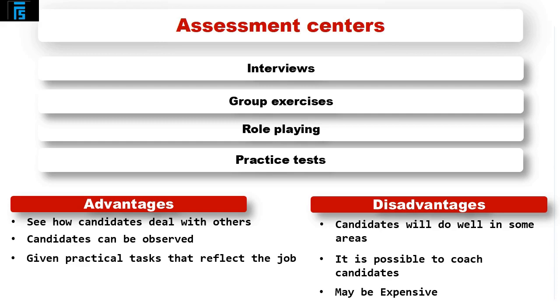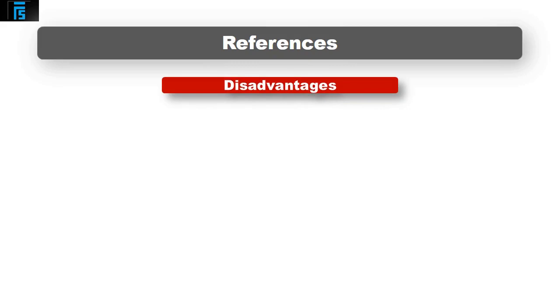Now, one of the final stages of our recruitment and selection process: we have done our recruitment, we've decided who we want to employ, what we are looking for, skills or personality. We've advertised in the paper, or we've used a recruitment agent, we've done our selection using our interviews, using our assessment centre, and finally we need to take up some references. So references basically tell you what this candidate has done before.